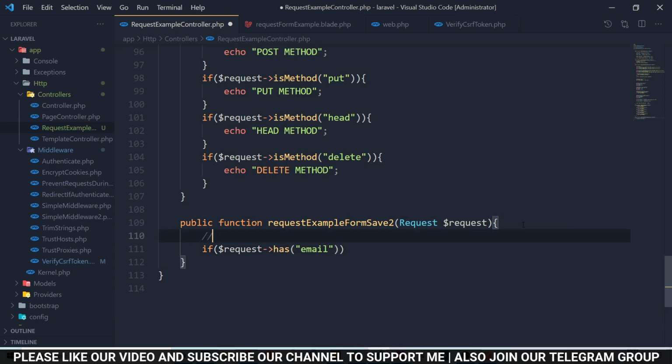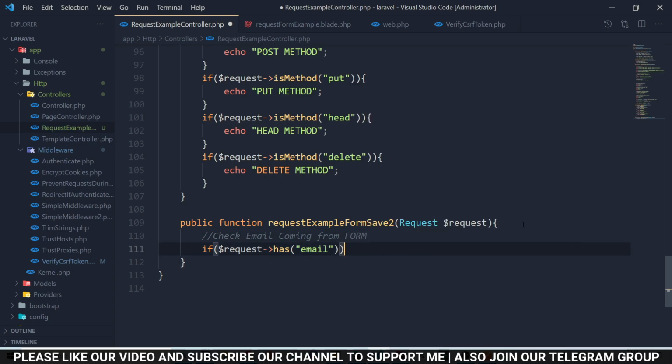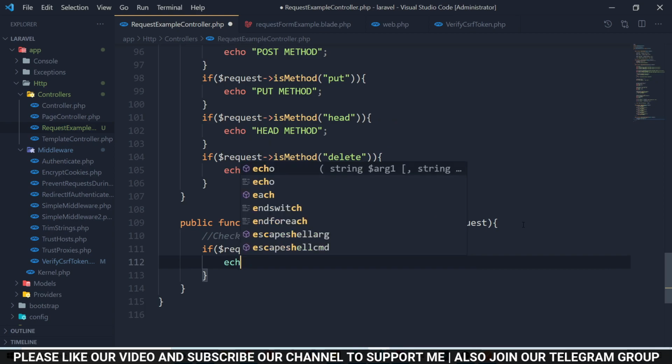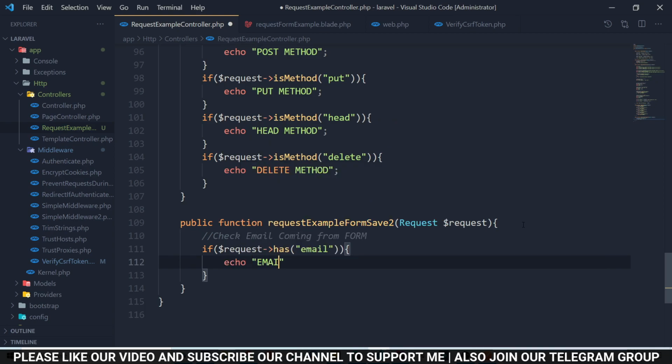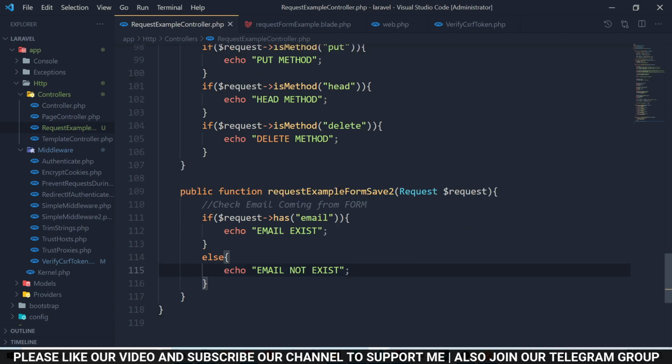So here adding comment, check email coming from form, then echo email exist as echo email not exist. Now save this controller.